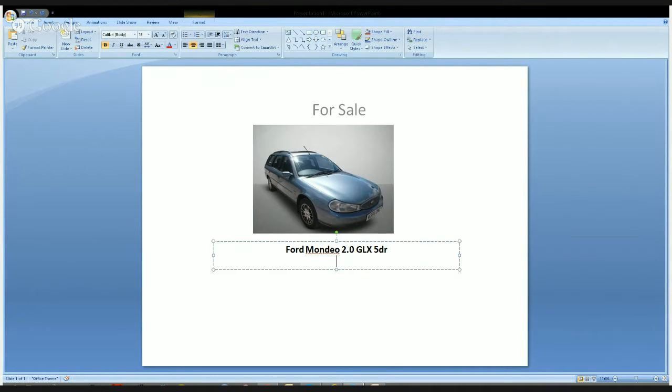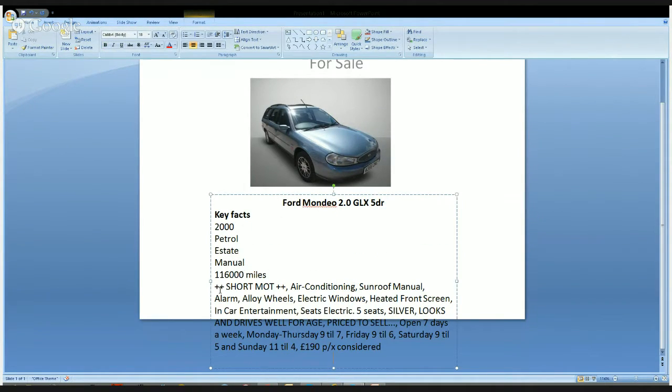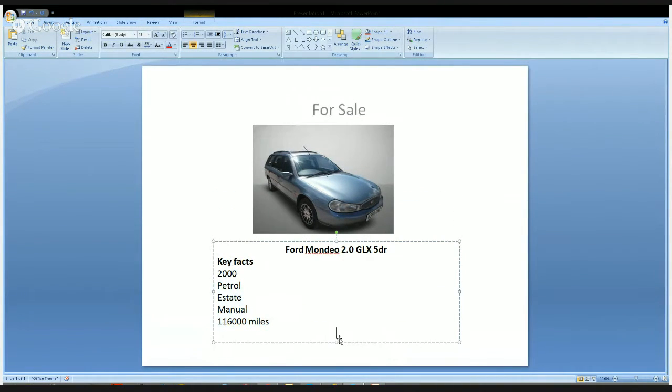I'm just pulling this off it, but it's a sort of thing. We don't need all this bit here. And we can make that a bit smaller so we can fit it all in. Oh, it won't go smaller. If we do it this way. Okay, I think most of you will have sold a car at some stage or been looking to buy a car, one of the two. Most people.